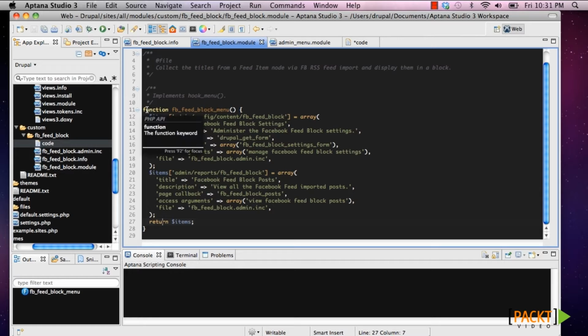What I've done here is I've written a function. I've named it after my module. So instead of hook underscore menu, I've written FB feed block underscore menu. This is going to create a menu item. This is the path to the menu item. The menu item is going to be called Facebook feed block settings, and this will allow you to administer the Facebook feed block. When you go to the page that actually is going to load when you click on the